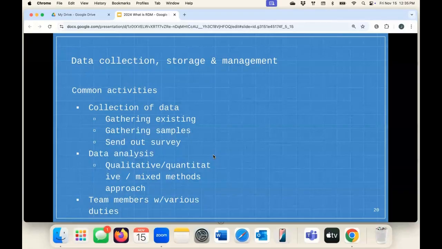This stage also includes data analysis, which can take a lot of time. It encompasses any kind of data analysis that you might be looking at: qualitative, quantitative, mixed methods. All of those approaches have research data management components to them. And you're also thinking about different team members having different duties in this stage. While not everybody might be involved in collecting data, maybe there's a team that's just doing the analysis, or some folks like that statistician who's just coming in to guide this one phase of the project and then flying out, doing something else.